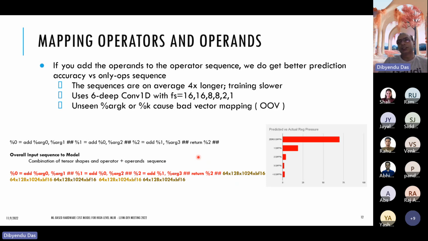The problem lies in the actual tensor values. Dimensions. Yes, exactly. The shape and the dimensions is where your tokenization will play a key role. And as I said, if these are certain things which are not really dependent on your exact tensor sizes, you'll still get good approximations. But if they're dependent on your tensor sizes exactly, that's where your prediction will start becoming